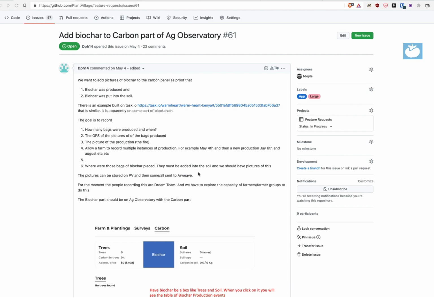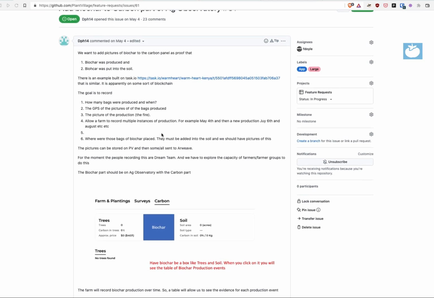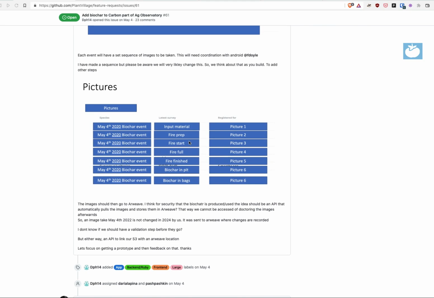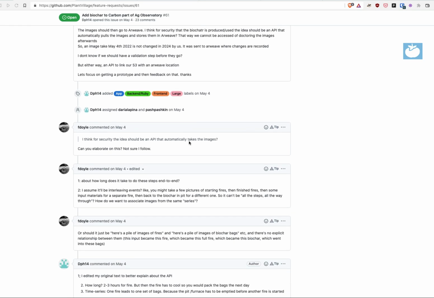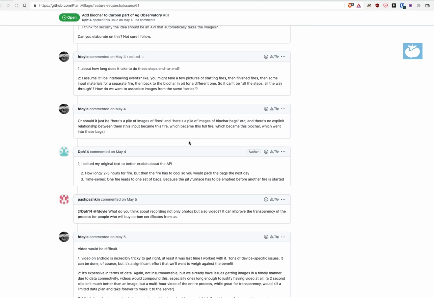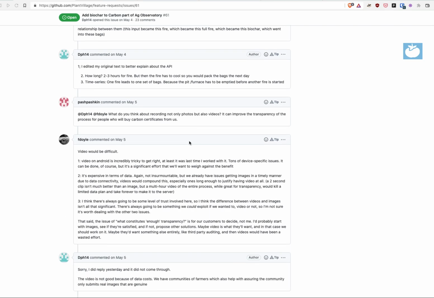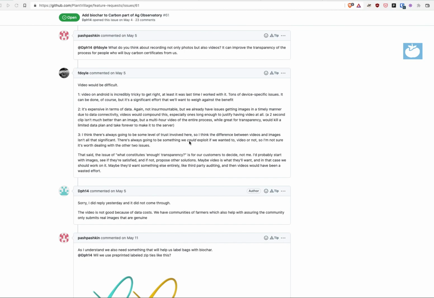farmers to enrich soil. The initial request came in with some sketches of how the data might be displayed in the observatory. Then the technical team got involved and began asking a series of questions to make sure they understood how the data would be collected, how it wanted to be presented, how data would be aggregated, and so on. That led to a lengthy conversation between the forward-facing dream team part of PlantVillage and